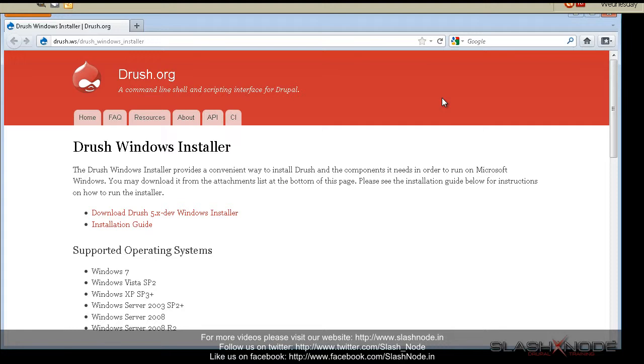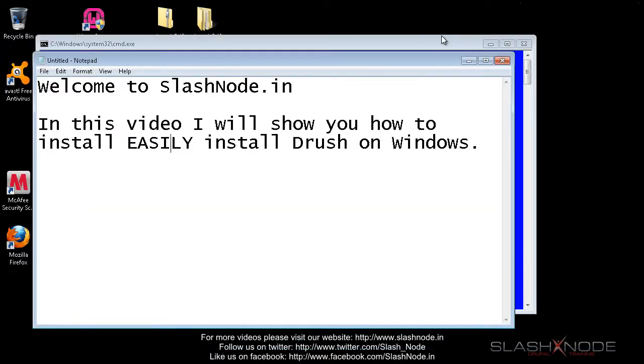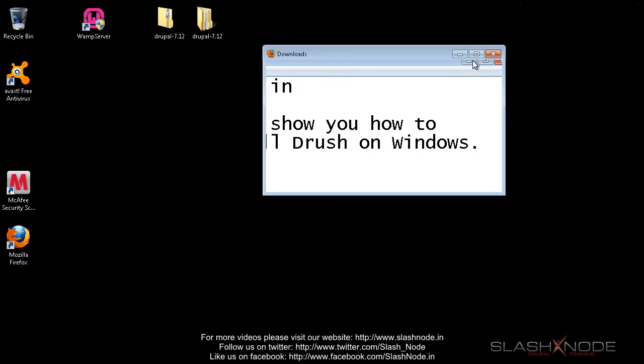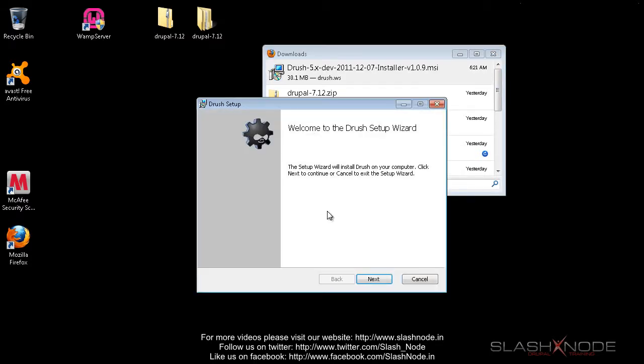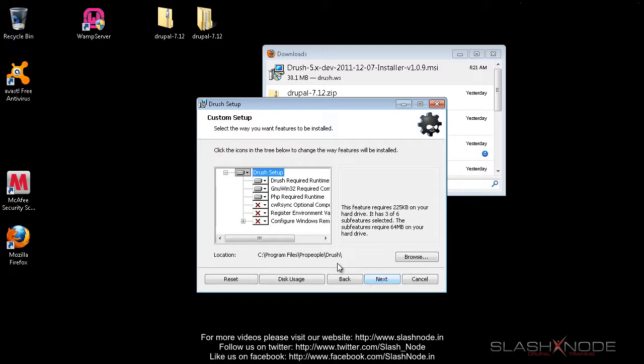If you are not using Drush, then install it now. I've already downloaded this setup file on my desktop. So let me run this. Next, I want to install all the features.